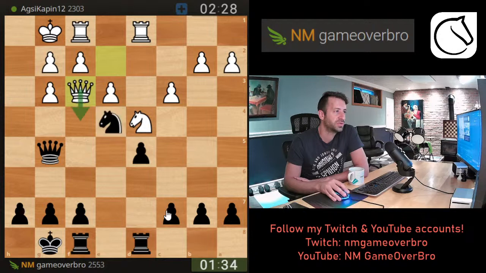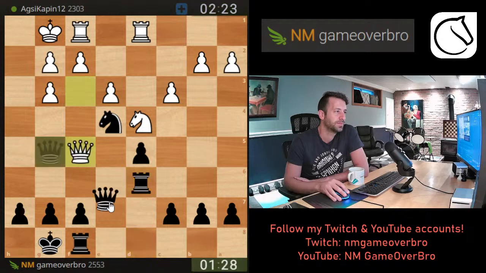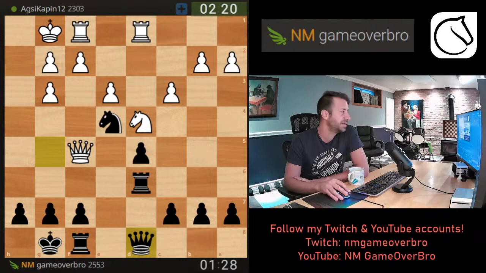Now he's trying to trade queens from here. Let's just maybe attack the knight, bring the rook up, or we go for this. Let's go. And he's up a minute too, so